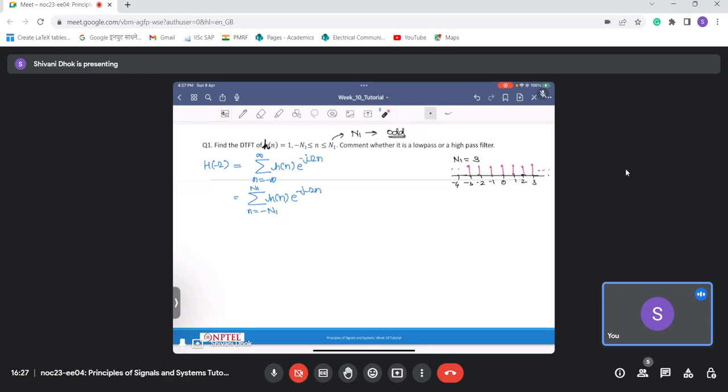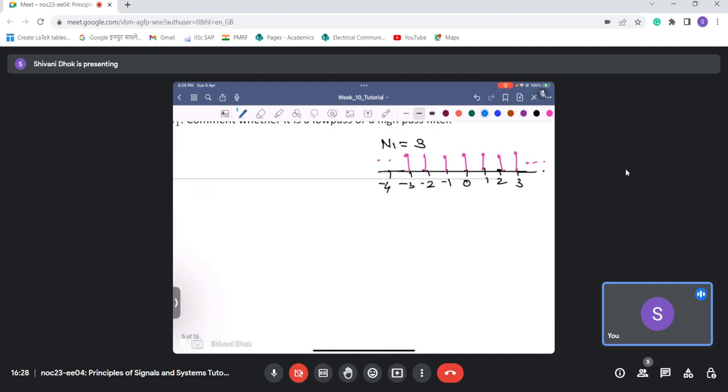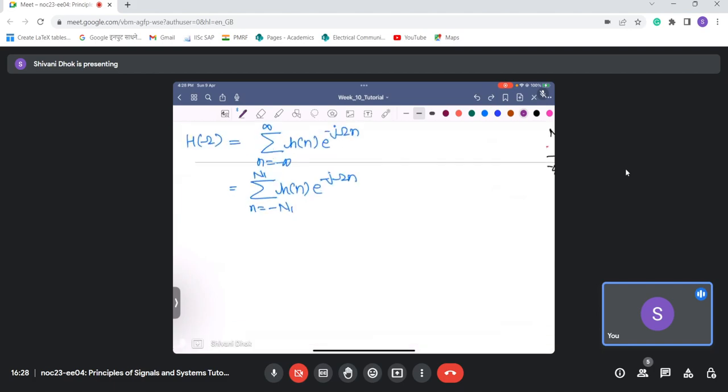So instead of looking at this, we can simply go ahead and look at its frequency domain representation so that we can understand what exactly is happening. Now here, if we look carefully, since we have N1 as odd, this 0 we have in the center. So this I can write as